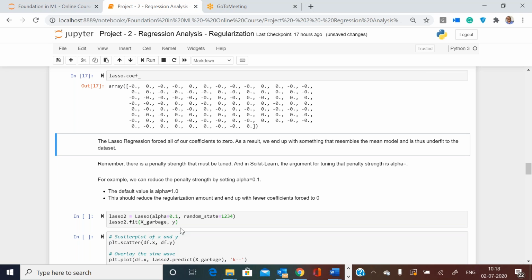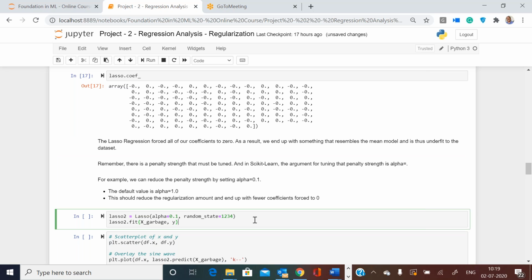I am calling lasso again with alpha equal to 0.1, because increasing it will not help now. It is already underfit, a horizontal line with slope equal to 0. I want to tilt it so the slope increases to an extent that is better for this data. But it is a multiple linear regression, so we will not see the slope in that way.